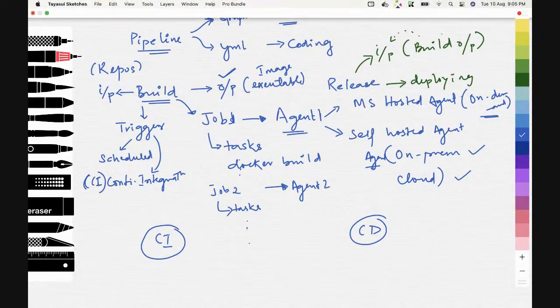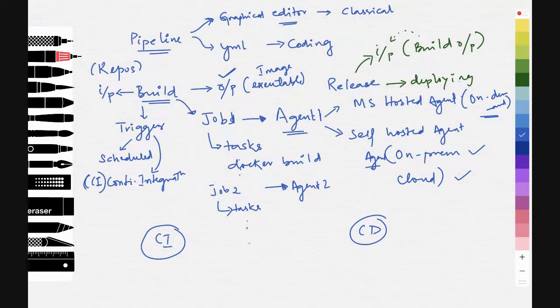And that would be taken up by the release pipeline and deployed in the end servers in the deployment stage, the CD stage. So output would be jar and war, or whichever language you're working on, dependent on that. And that would be picked up. And here, when you deploy them into servers, that is the CI/CD.